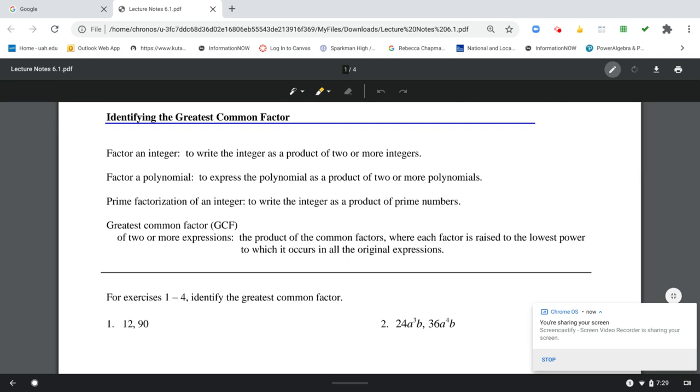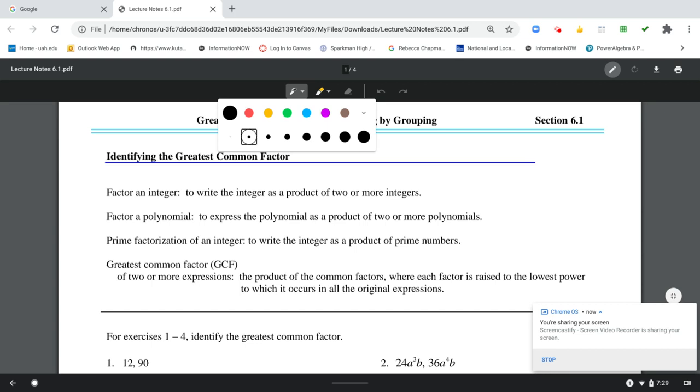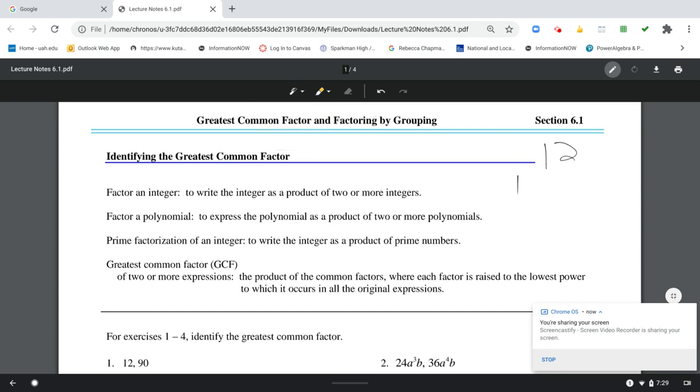So factors of 12, that could be 1 times 12, it could be 2 times 6, it could be 3 times 4. Those are all factors of 12. So when you factor an integer, 12 is an integer, you write the integer as a product of two or more integers. Okay? Factoring a polynomial is to express the polynomial as the product of two or more polynomials, which